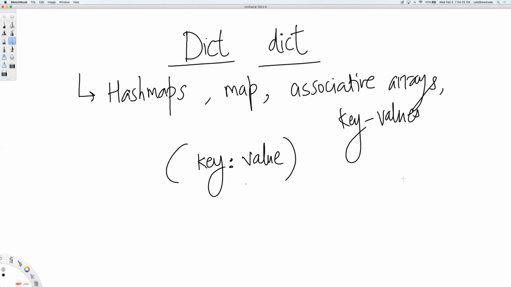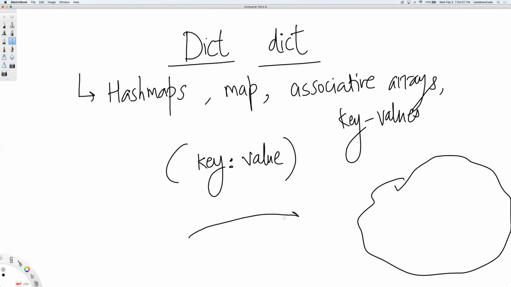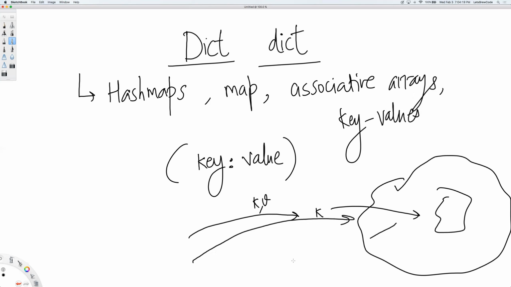So dictionary is some structure where you tell Python to store a key and a value, and it goes in and something happens and it gets stored somewhere. Later on, you can ask the dictionary, okay, what is the value of this particular key? The dictionary will return back a value v for that. And this operation,